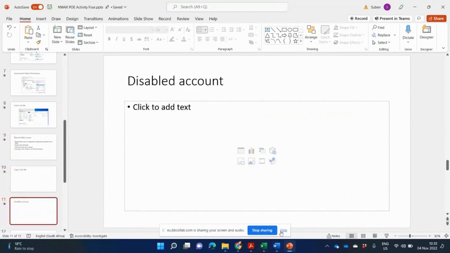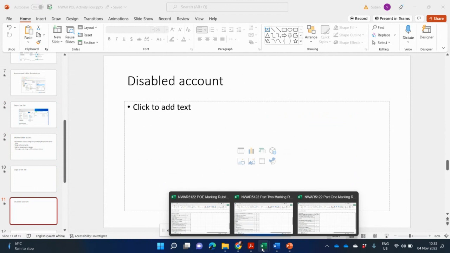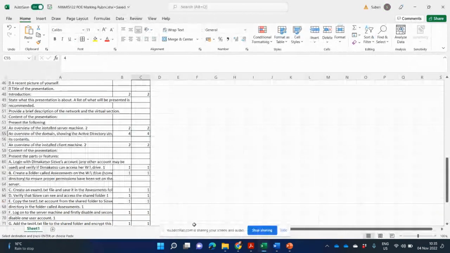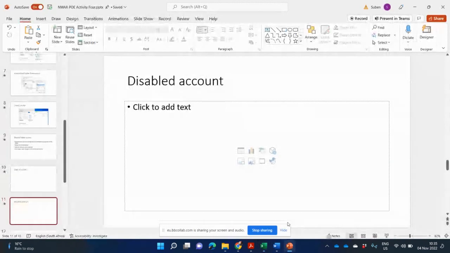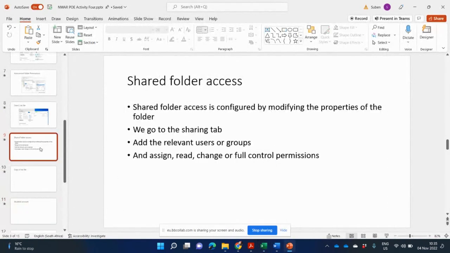So we've covered now how to do the presentation if I've lost marks in my part 2, or if I don't have screenshots. For part 1, we said go and write out a description like you see here I've done for shared folder access. I've written out a description of how to get shared folder access. Then